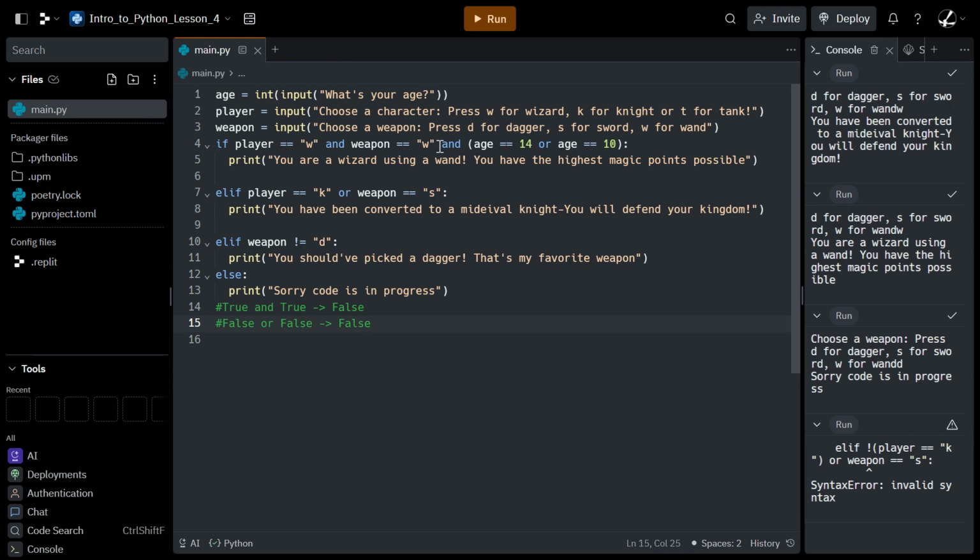So as you can see here in this latter half of our first conditional, we have another and statement, and in parentheses, age equals 14 or age equals 10. The reason I have this is it will use the age variable, and it'll check: is age 14 or is it 10? If it's either one of those numbers, then it'll print true and it'll run. Again, if, of course, player equals W and weapon equals